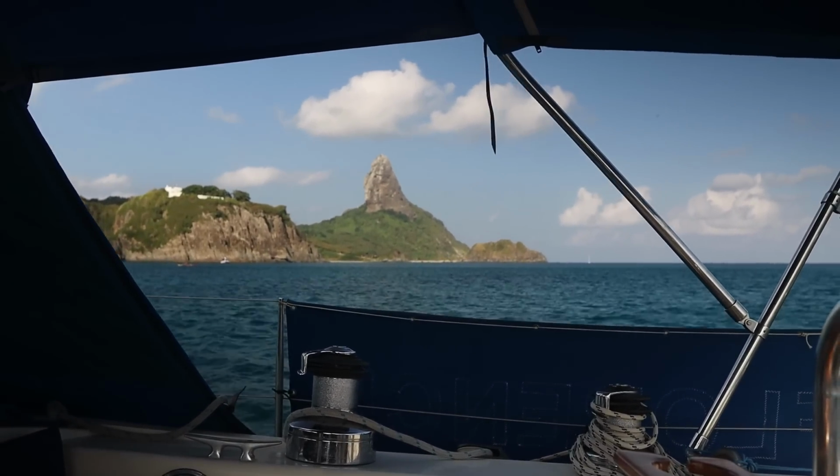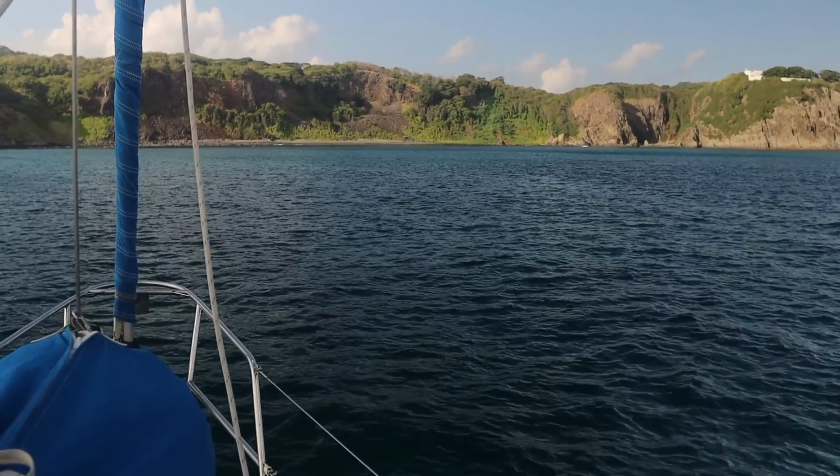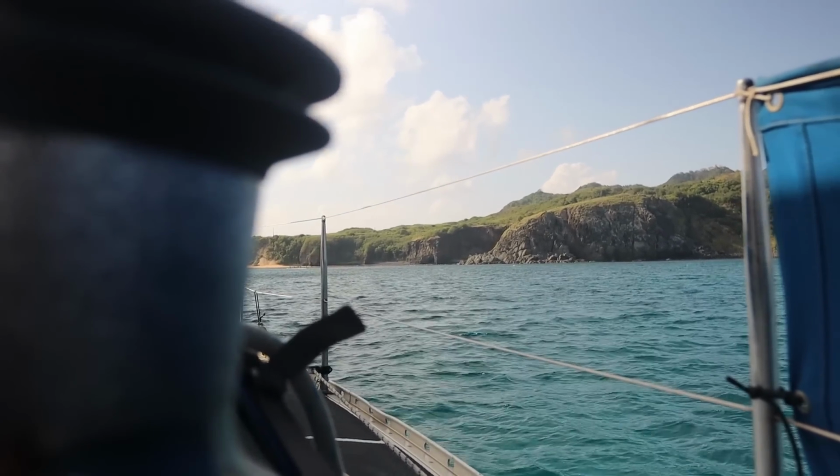Fernando's been a great place to stop. We are really glad that we did stay here. We've had a nice 4 days break from the passage, but it's time for us to move on. And it's costing us £65 a day just to anchor here. So although it's very nice to be here, it's definitely time for us to get moving and to make some